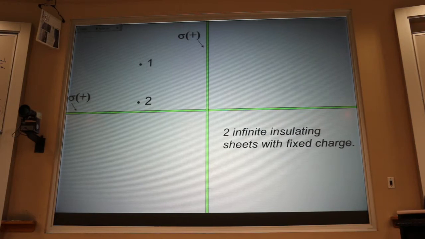Suppose I looked at point 2, which is down there, and asked you which of these 3 directions, A, B, or C, is closest to the actual direction of the electric field at point 2. With your clicker now,